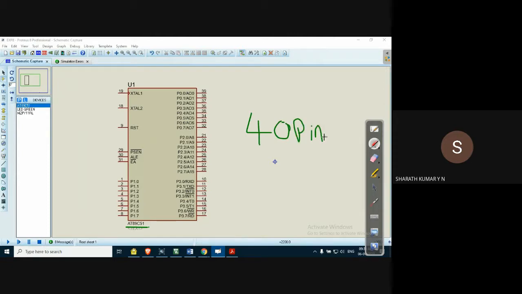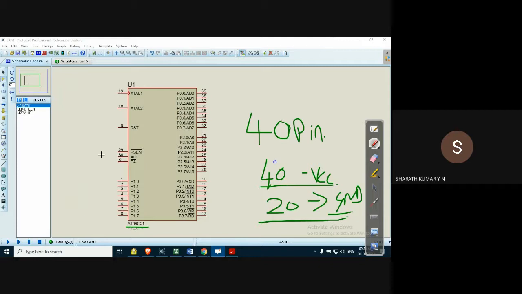Now, in this, what we don't find is pin number 40, that is VCC, and pin number 20, that is the ground. In case you find them, let me know, because we don't see VCC. It's not that it doesn't work. It is assumed that pin number 40 is VCC and pin number 20 is ground. It's not explicitly shown here, but we can see all other pins.